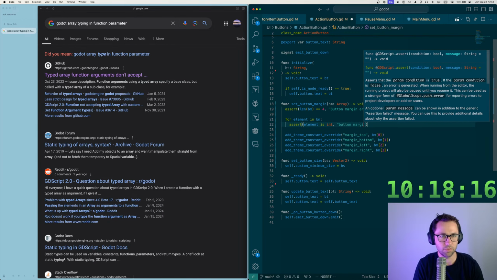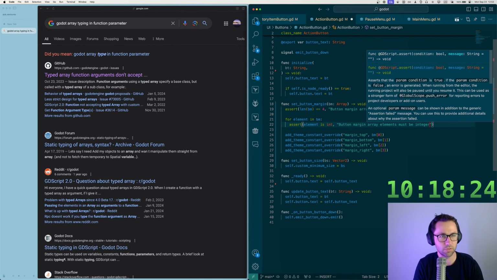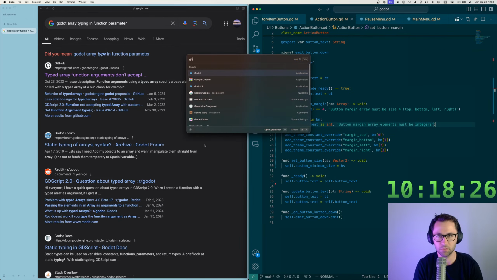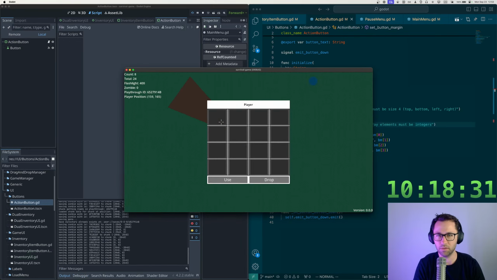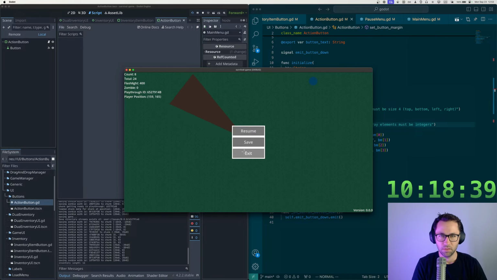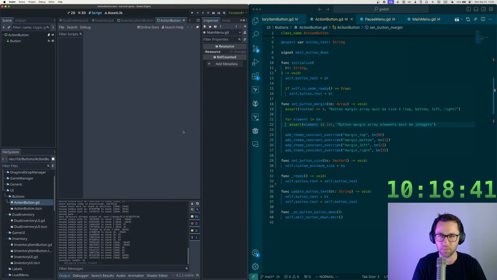Button margin array elements must be integers. Let's see if this works. Yeah, okay, that seems to work. I messed up the margin here, but that's okay. The margin everywhere seems to be messed up, but